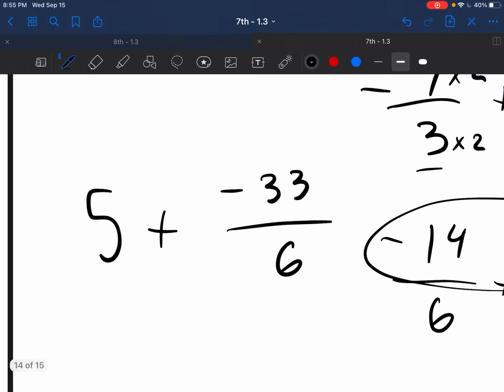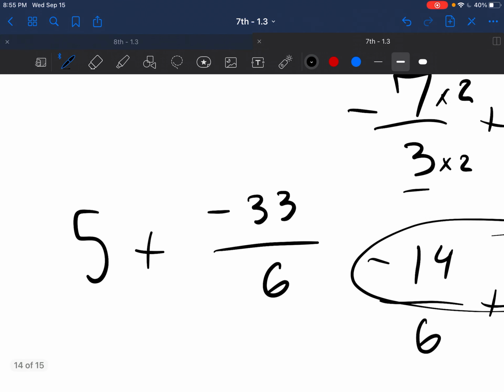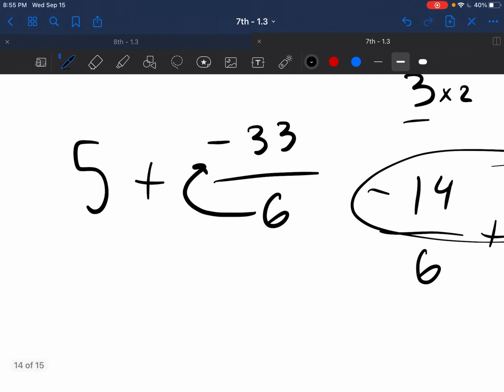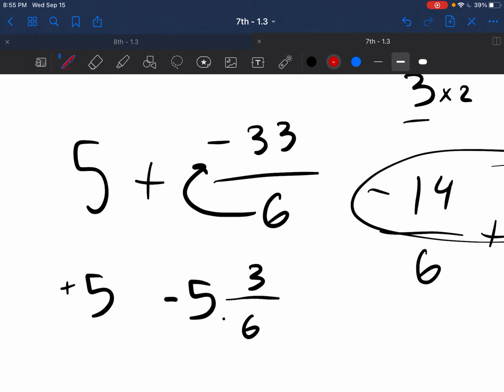Well, we're not done because we have to combine these two together. Let's return this back into a mixed number. How many times does 6 go into 33? It's going to be 5 times. That's a -5, right? What's left over? 6 times 5 is 30. So 33 minus 30 gives you 3. So let's check this out. We have +5 and a -5. Well, if we do just some math, those are going to cross themselves off. And what are you left over with? Just